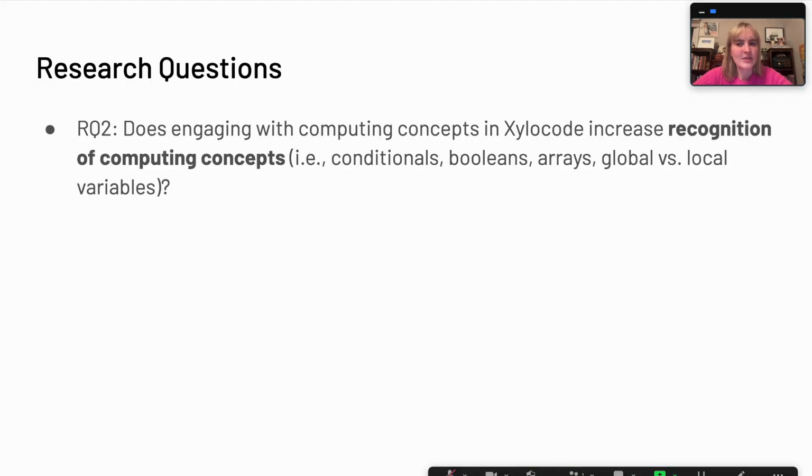Great. So that brings me to our final research questions, which were concerned with evaluating Xylocode in situ on the museum floor. So we were interested in if, in a naturalistic setting, does Xylocode increase recognition of computing concepts? I specifically use the term recognition here rather than learning because we were really interested in, can learners recognize this term if they come across it later on in a class, could they recognize it and recall this exhibit and have that interest formation experience? Not necessarily looking for deep or long-term learning gains in this short period of time.